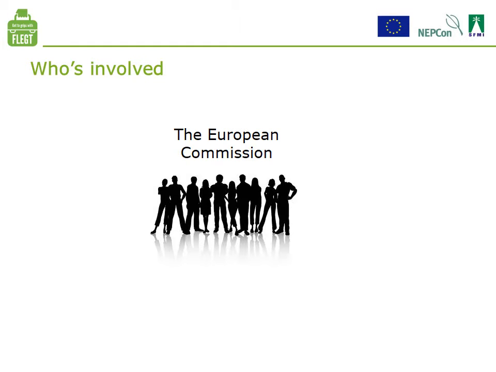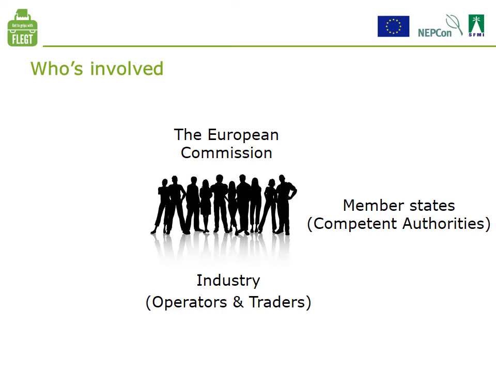Firstly, we have the European Commission and the member states of the European Union. The separate countries must all designate at least one competent authority, which is responsible for enforcing the regulation nationally. Then there are, of course, the companies that the regulation applies to. These are the companies that buy and sell wood products within the EU, and they are split according to whether they place timber on the EU market for the first time or trade timber already on the EU market. Finally, we have monitoring organizations, which have a special role in assisting companies comply with the regulation.